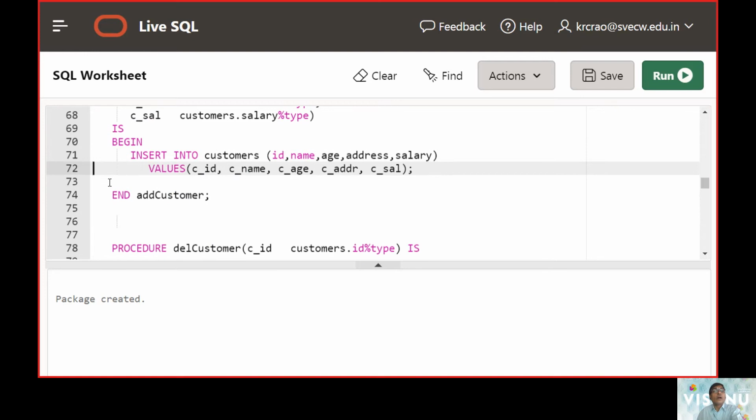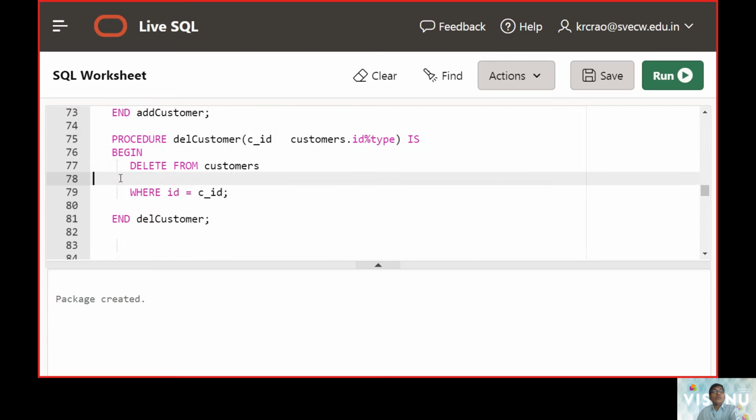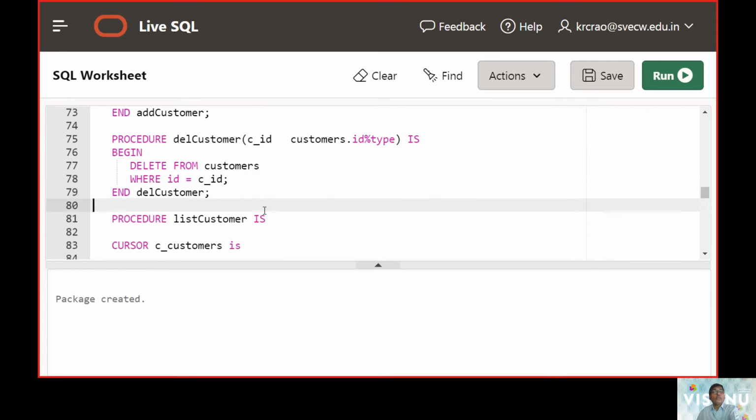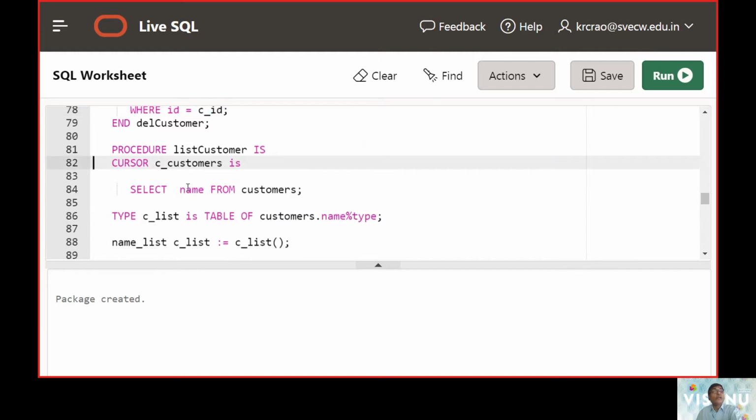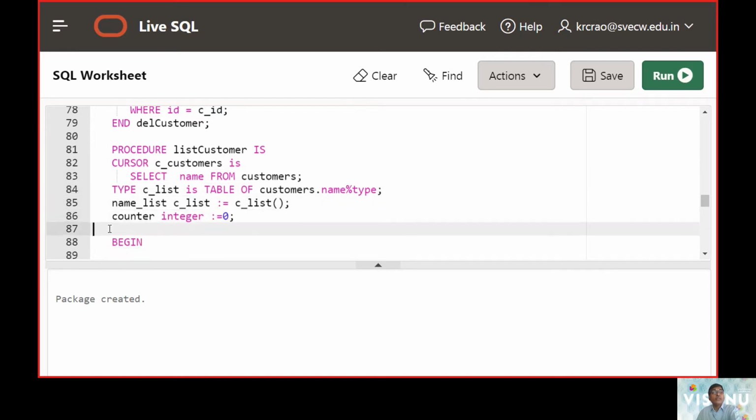So now we are yet to make an insert operation with the insert command. So insert into the customer the attributes ID, name, age, address and salary. After that, we are defining a delete procedure, where we can delete based upon the customer ID. I will give customer ID 1 or customer ID 8 so that whatever record we mention is going to be deleted. For that we are going to use this delete customer. Thereby we are going to use a wildcard to check that all the elements are displayed.